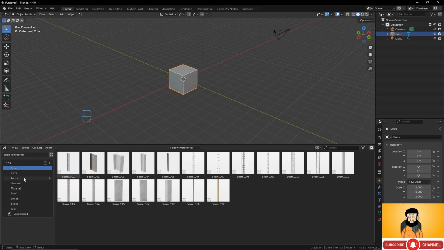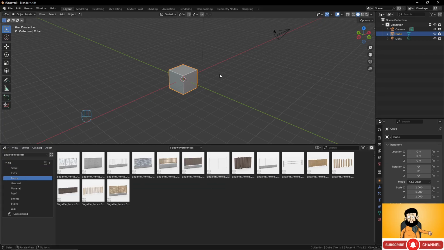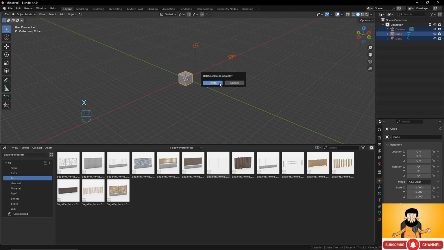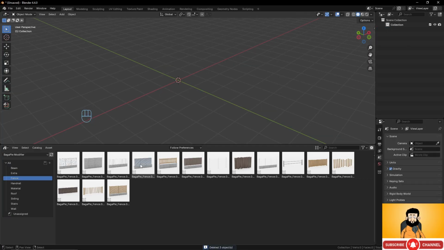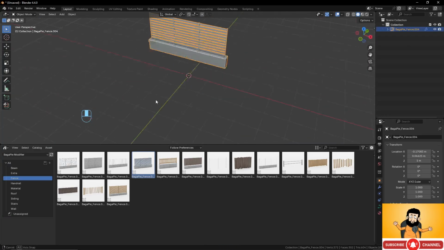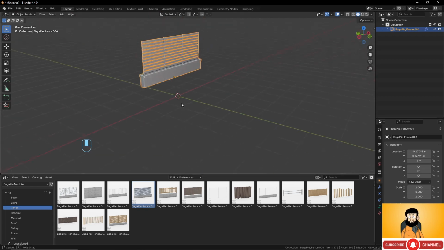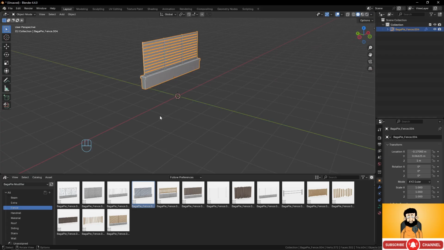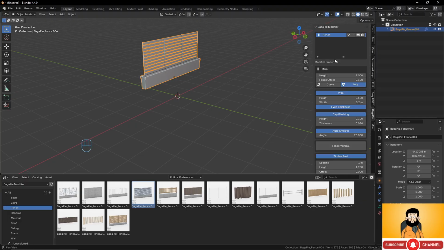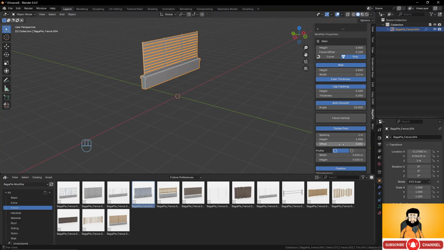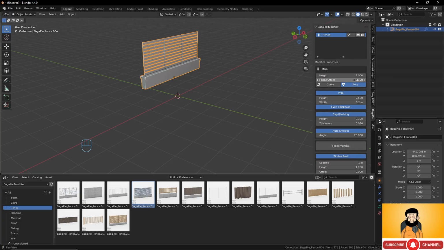For example, let's take a fence, maybe like that one, and you can just go there, remove everything, and just click and drag your fence, and that's what you will have. Very easy. Now these objects are parametric. So what does it mean? It means that if you go into the options of BaggerPy, you can see that you have a lot of options directly, and it's really easy to use, with height, width, thickness and everything. So for example, the main here, you can play with the height,